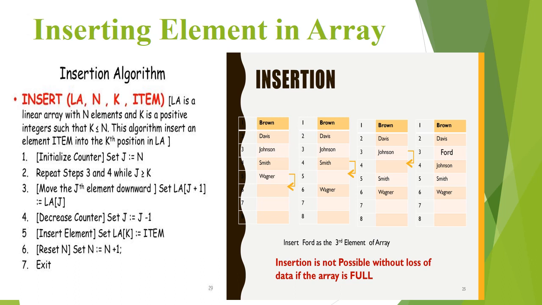How to insert an element in an array. Here is the insertion algorithm and example. Let us see how the algorithm works. If you want to insert an element at a particular position, first of all we have to move every element to its next position. In the picture there are 5 elements in an array. Now I am going to insert the element 4 at the third position. Then, from the 5th position I have to move every element to its next position until I reach my